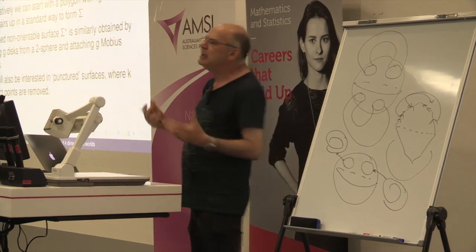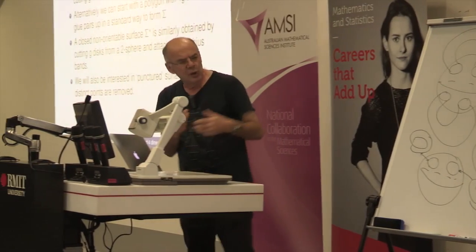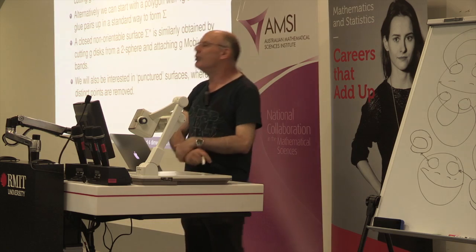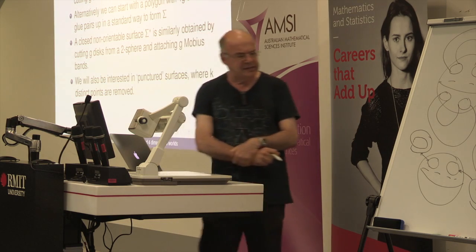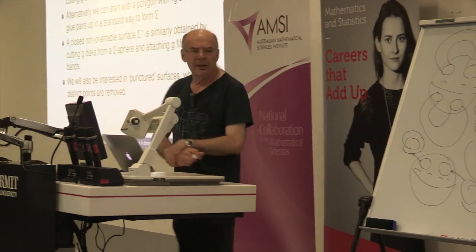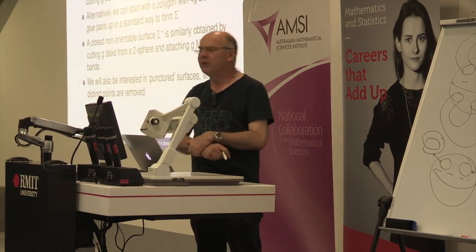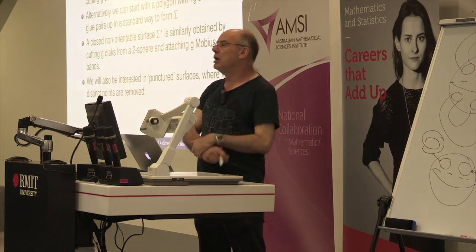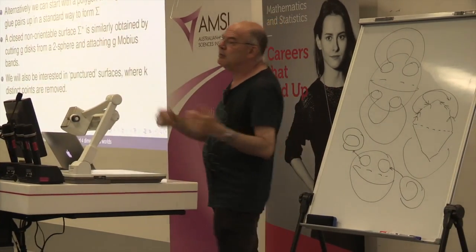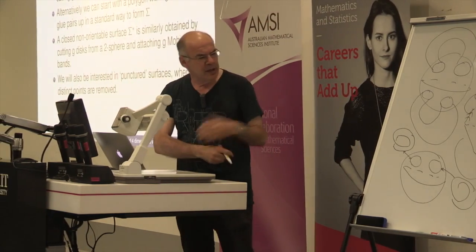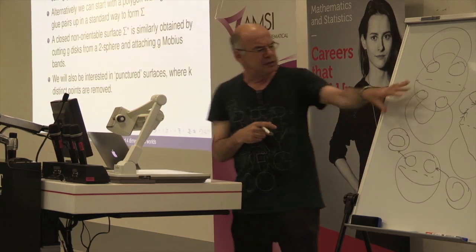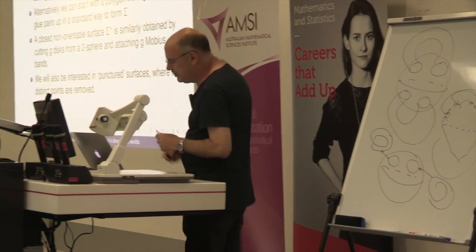Now the problem is you end up with a surface which doesn't embed in R3, so you cannot draw the whole thing. This is in fact a Klein bottle. It's a funny way of drawing it, but you may be familiar with the fact that no closed non-orientable surfaces embed in R3. You have to embed them in four-dimensional space. But at least abstractly that's what we do, and we can similarly do it by gluing up polygons.